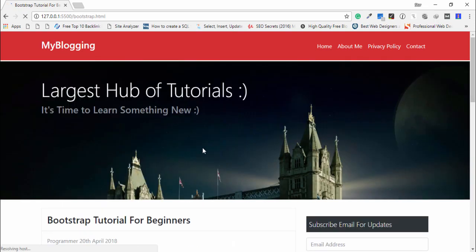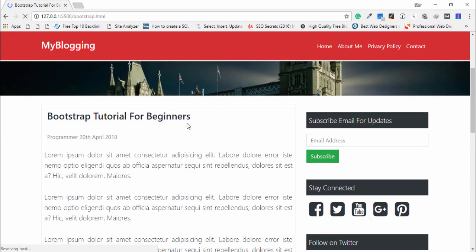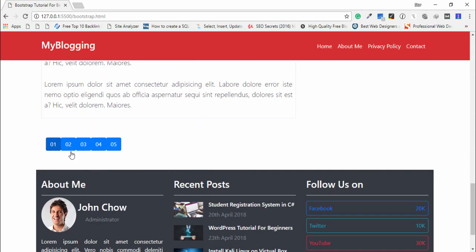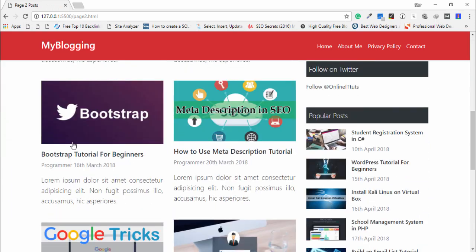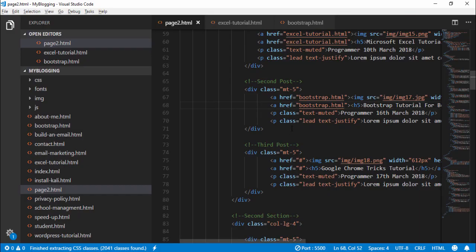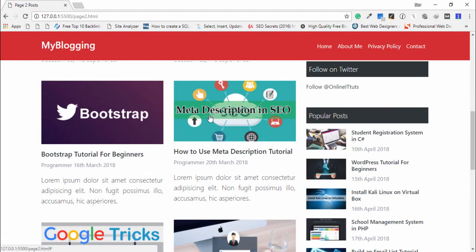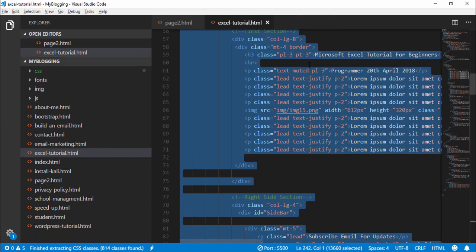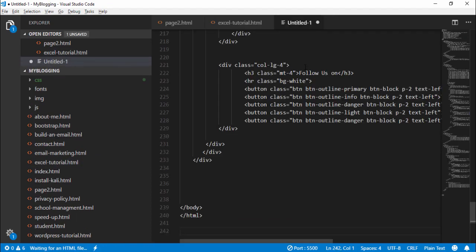What is this? Okay, now you can see a Bootstrap tutorial for beginners. This is your image and some content. I go to page 2, I redirect on the second post. Okay, now the meta description for SEO. Okay, copy the Excel code and create another file, paste it, save it,